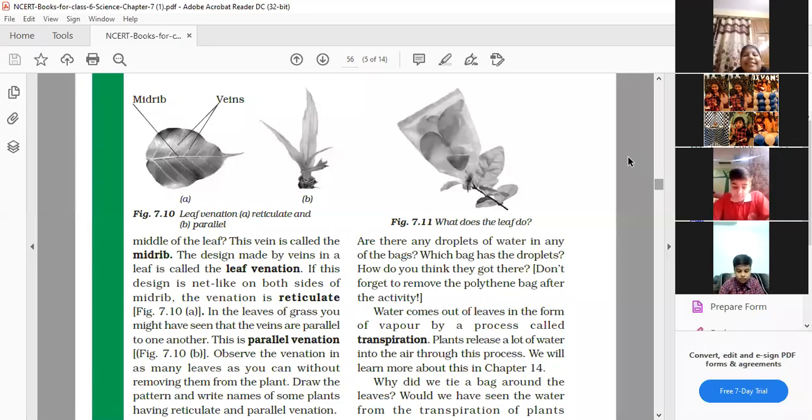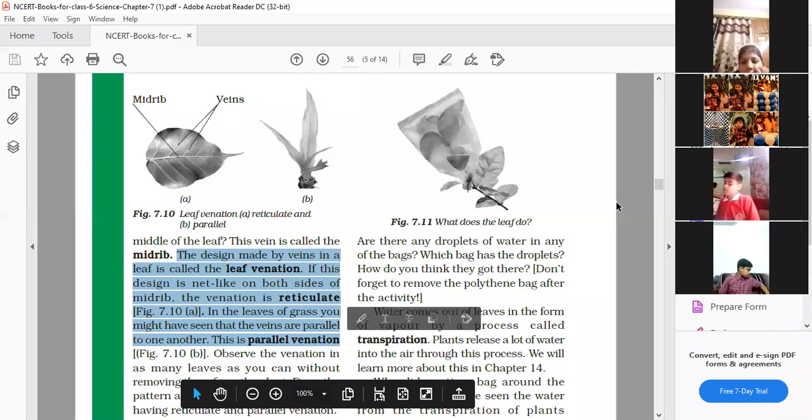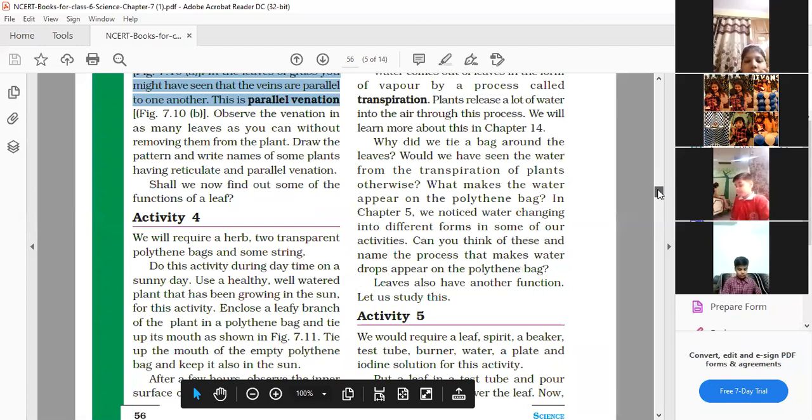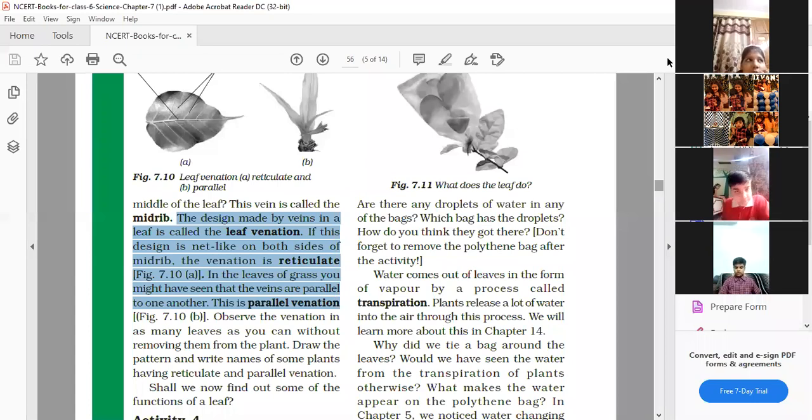the leaf. So this type of venation is known as a reticulate venation, and in which the veins are parallel, that type of structure is known as a parallel venation. So children, you may underline two types of venation we can see. One is a parallel and other is a reticulate venation. So I hope if you will see the leaves, then the structure and the types of venation will be more clear to you.